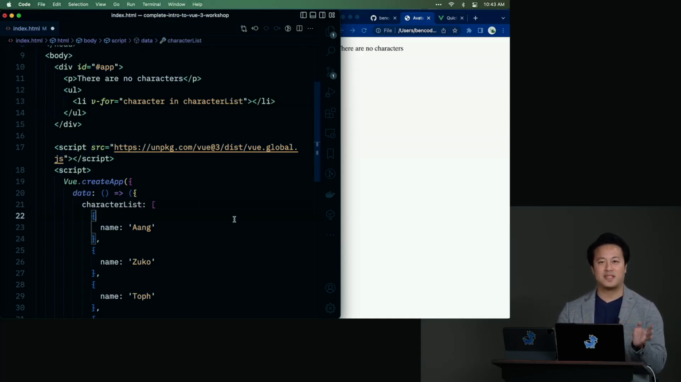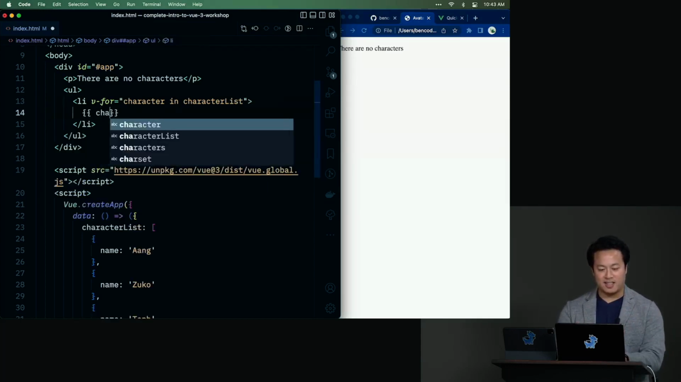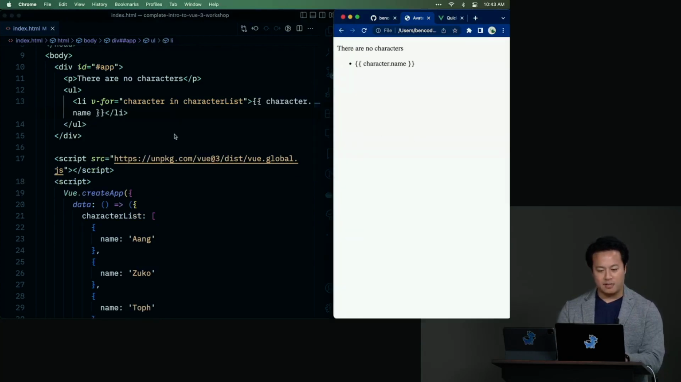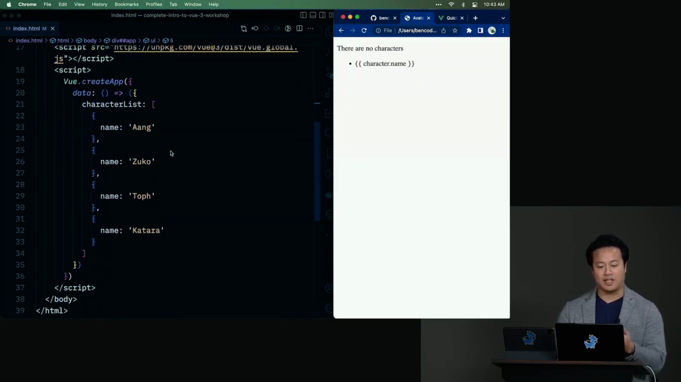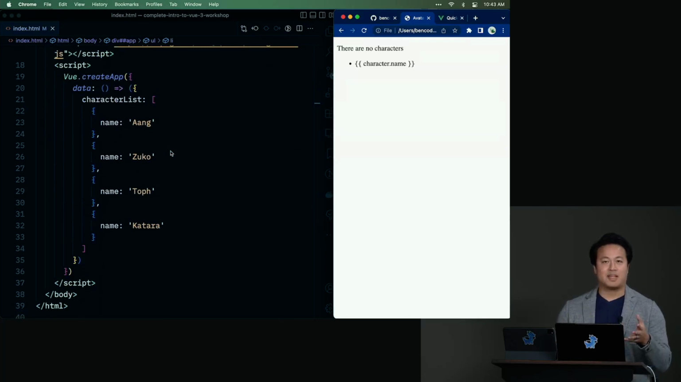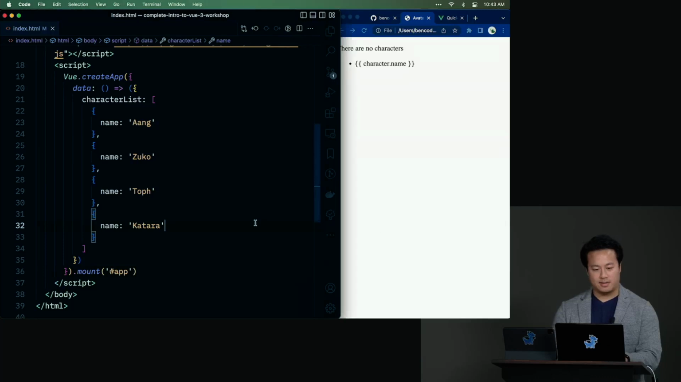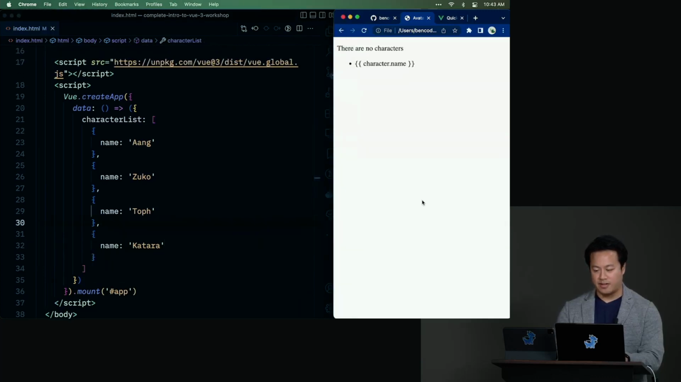It's a little bit longer, but then you just have that visual distinction. So character in character list, and then I can just render out character.name, which is great. Although, what's happening here? Why isn't it working? This is a common mistake that we often make when we're creating the app this way. What we have to remember to do is tell Vue that we need to mount it. So we're going to run the mount command on this, and we're going to mount it to the ID app. And once we do that, save, refresh,